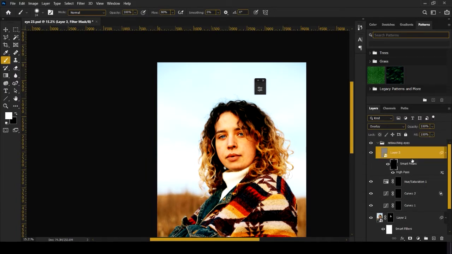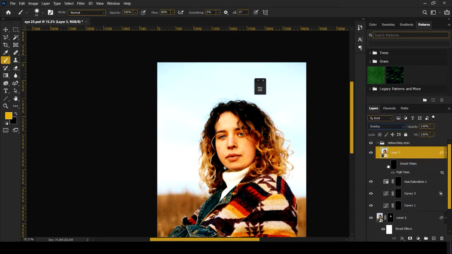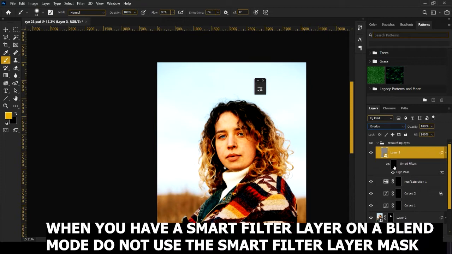When the layer mask is inverted, the high pass filter is assumed to be removed because of this layer mask, and the image is not the high pass applied image, this is the image which we just stamped above everything. This is overlay. If you turn off the smart filters and then apply overlay, it will be the same effect. Even if you turn on smart filters, there will be no change. So do not use the smart filters layer mask.